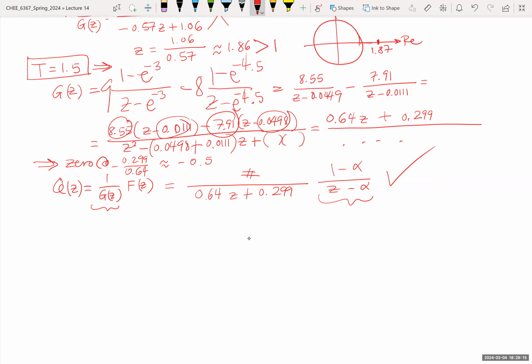In fact, I can do all that and understand the closed loop response without doing much in terms of